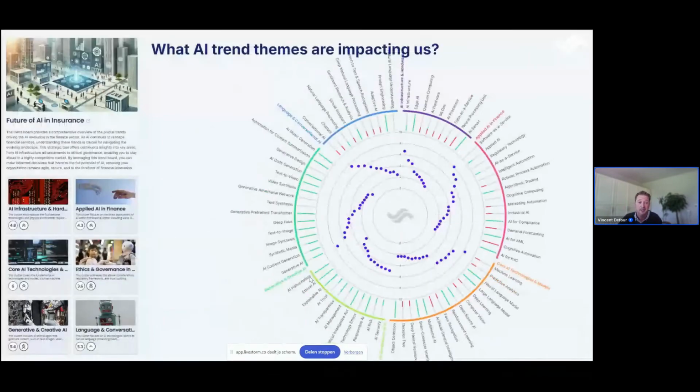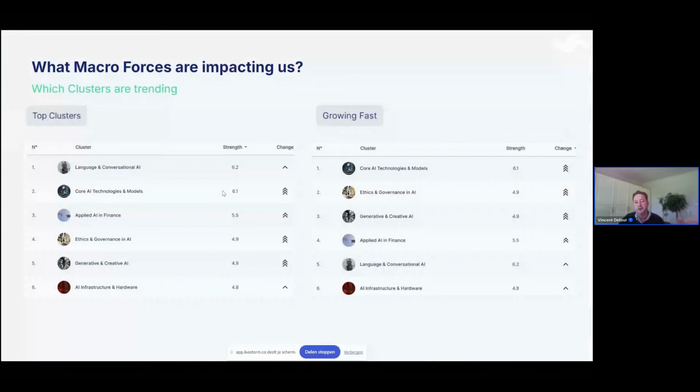And again, I've tried to do a little bit the same. If you would report that out onto slides, it would mean that you say, okay, this is the broad scope of all kinds of AI trends that we have mapped onto our insurance business. The biggest themes you can read here. If we look at what are the top clusters versus the fast moving clusters,